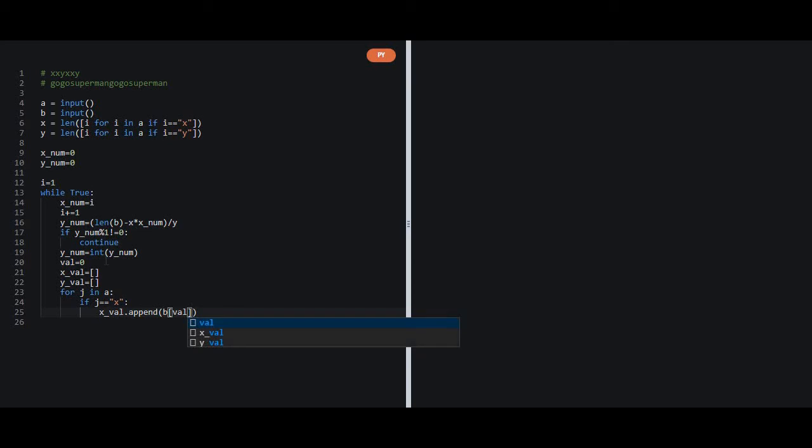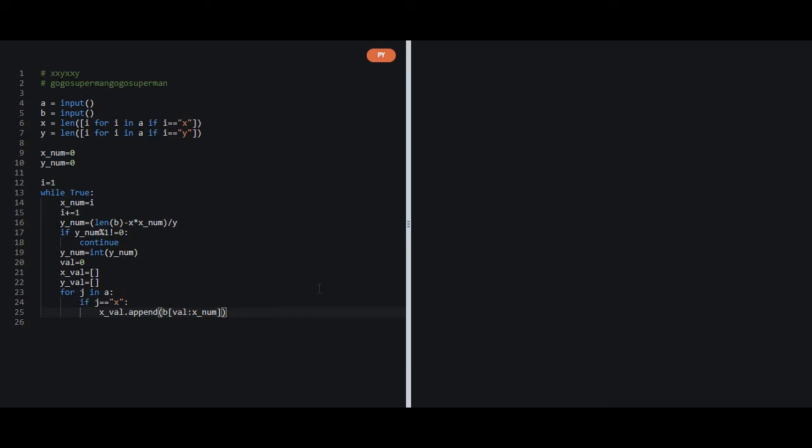For example, when our loop goes through the first time, our val would be 0, and our value of j is x, so we will take val colon val plus 2, and the value of 2 is inside xnum.